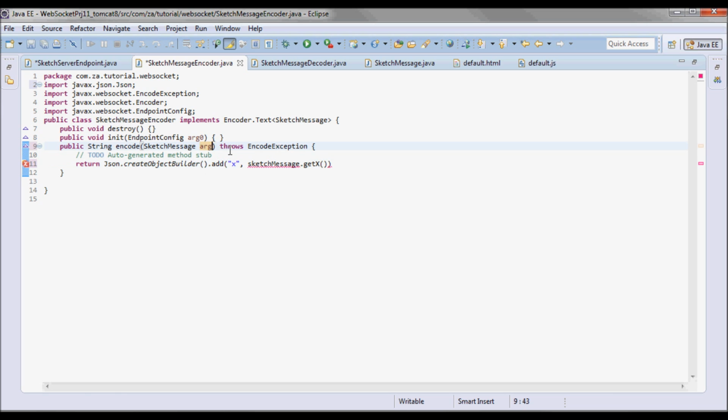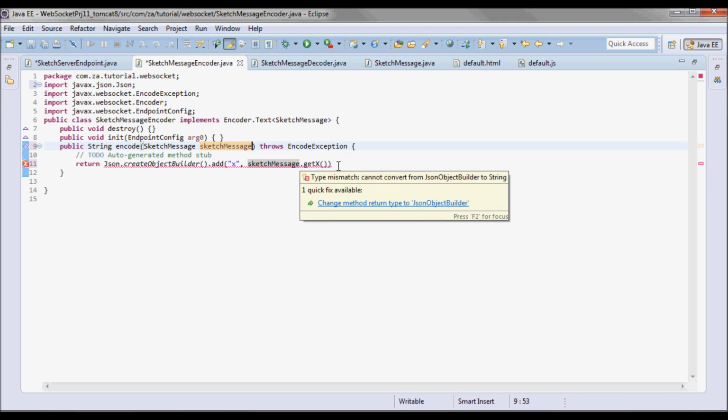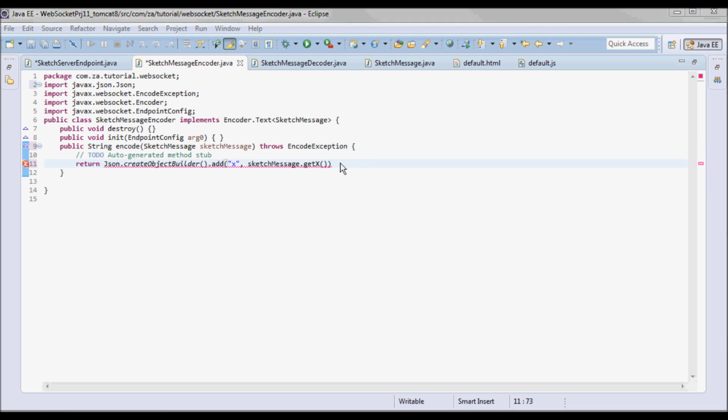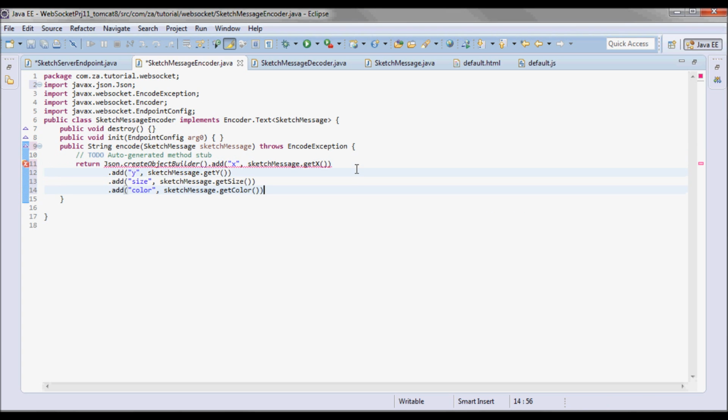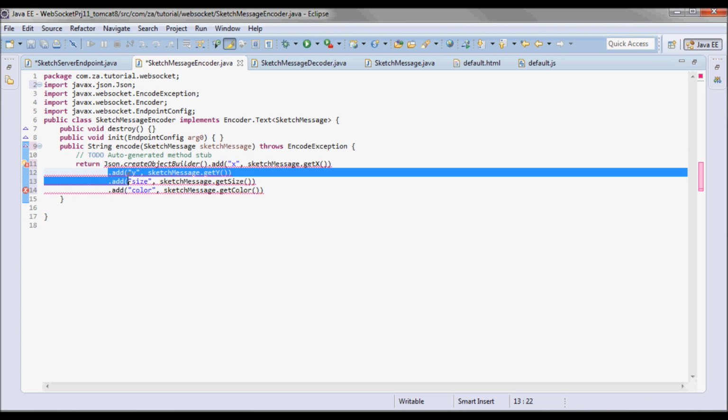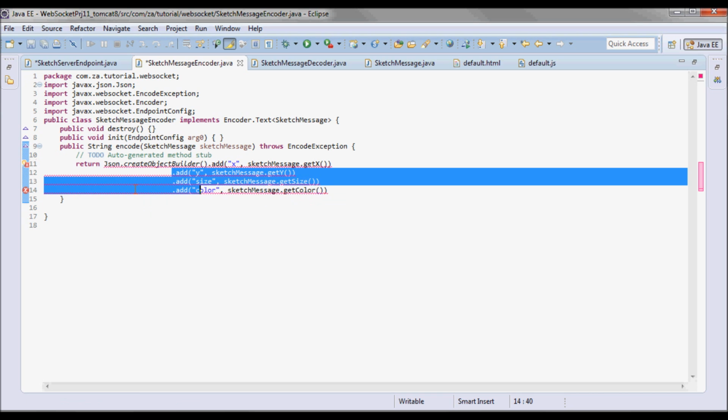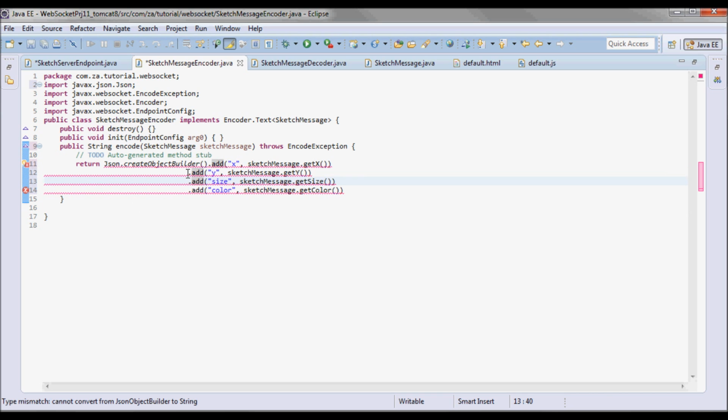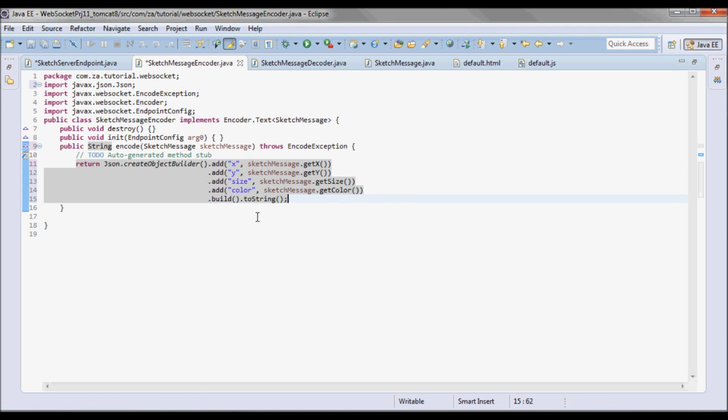Let me change this to sketch message. And I'll add the y coordinate and the size and the color. And then call the build method and pick up the string from there by doing a toString.